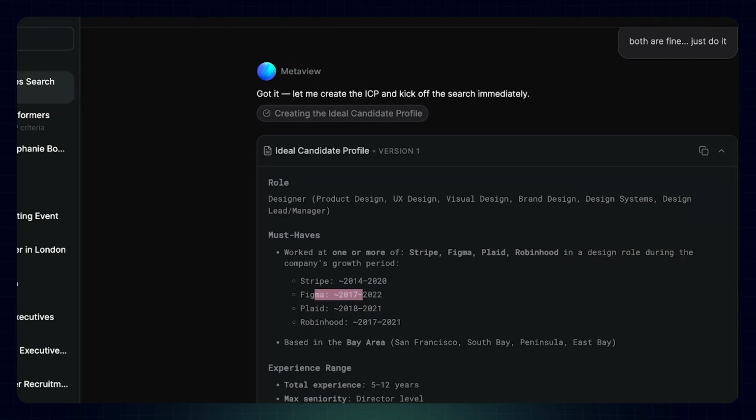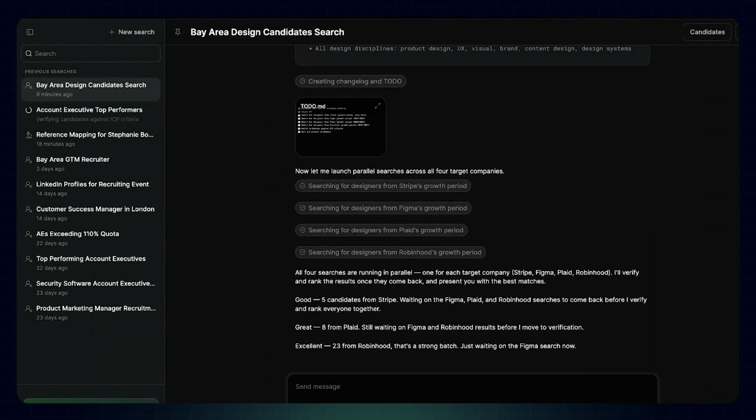And you can say whatever you want, any information that's available on the web. You could say, I want to hire people who were at Stripe just before their Series A. Okay, I'm going to go and look up where their Series A was. That means this bit. It's massive, all of these finer tuned types of sourcing that you'd love to do. If you had all the time in the world you could do it yourself, but you now don't have to worry about not having the time because Metaview sourcing agent gets that stuff now.